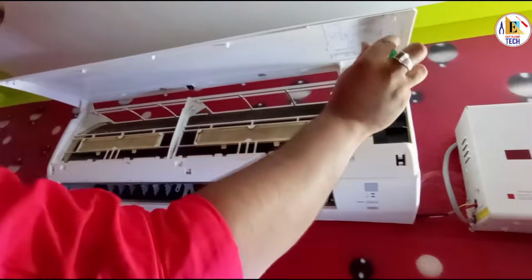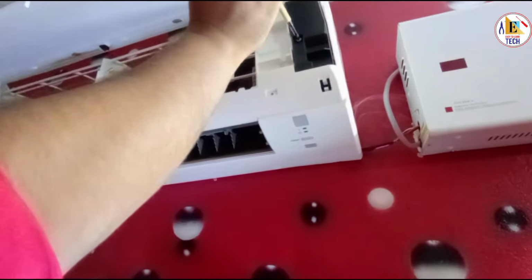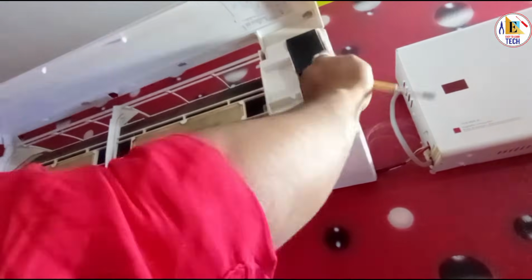Now all three screws have been removed. Now you have to remove the electrical cover. As you can see, this is the electrical cover for the safety of the electrical side. You can see I have removed this one,